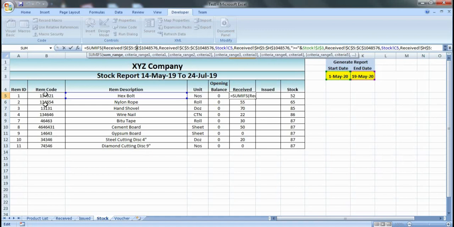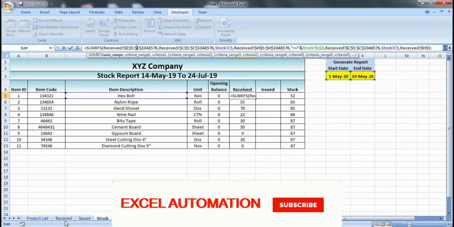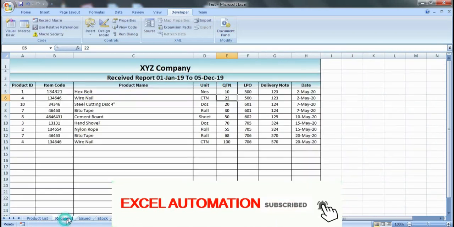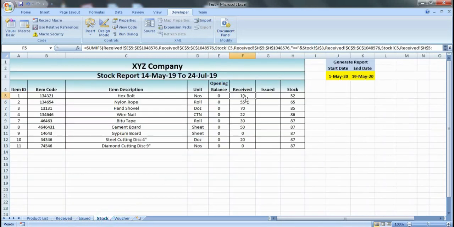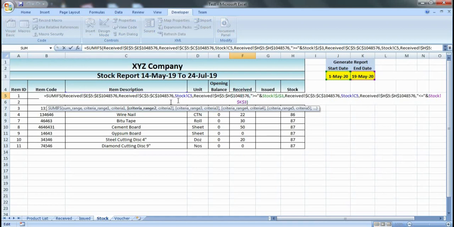Our values are coming from the receive sheet and the E column. That is why in the formula you can see the E column is selected and frozen by pressing F4. Then in the second argument it is asking for the criteria range.